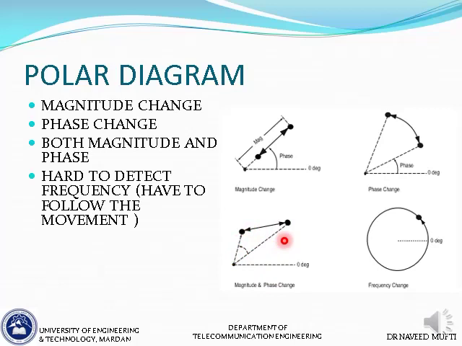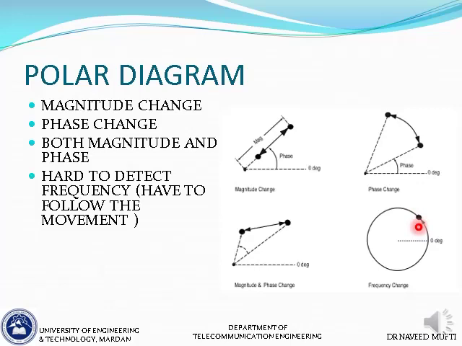Frequency modulation is hard to detect because you have to follow the movement of the vector. So if that vector is moving like 1 cycle per second, we have to follow the movement of the dot. Now if it changes frequency to 2 cycles per second, it will be moving faster, and the rate of revolutions per second will tell you about any changes in frequency,